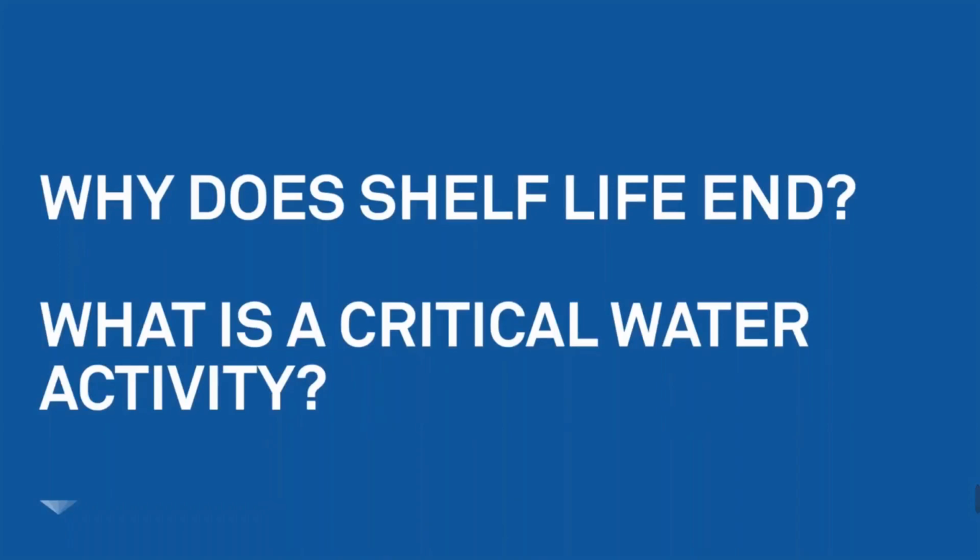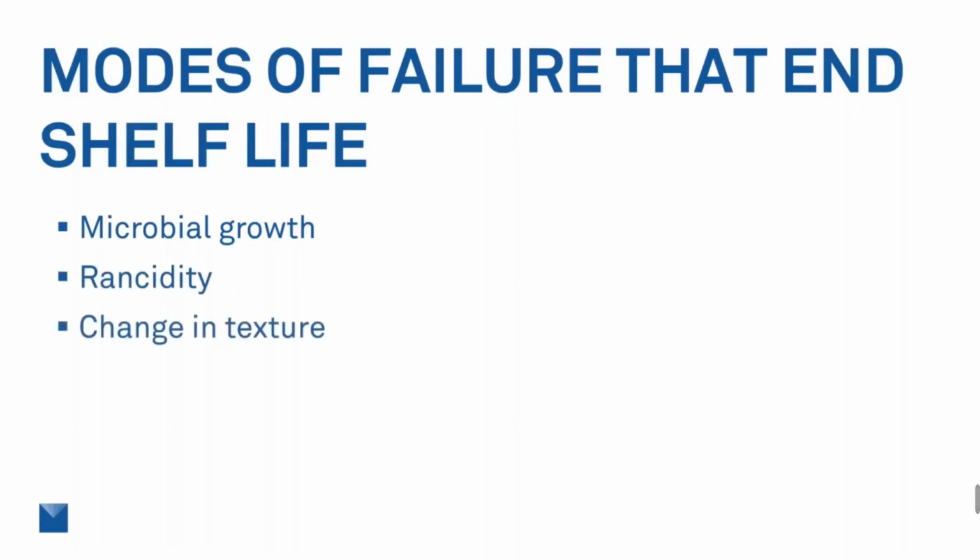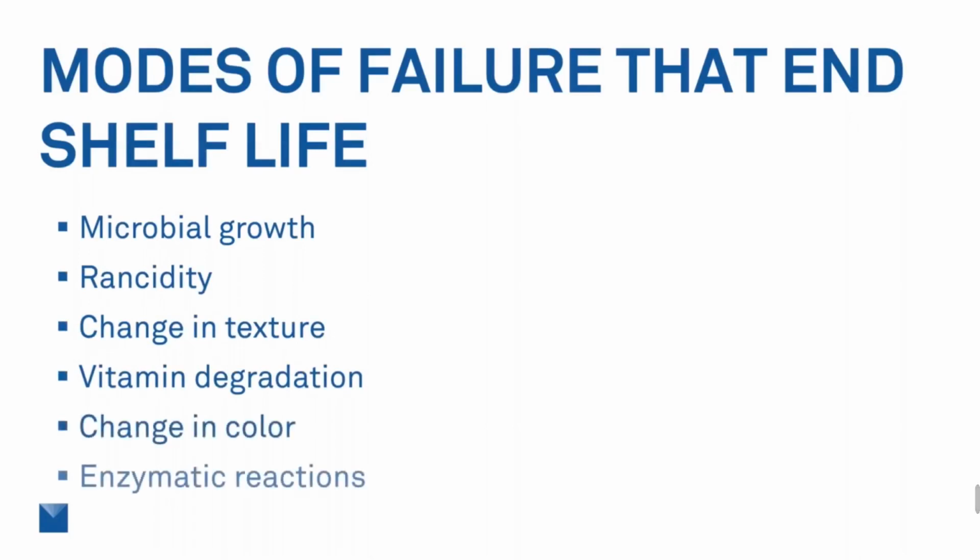So next I'll be discussing why shelf life ends, and also what a critical water activity is. First, you need to figure out what the mode of failure is for your product that is ending shelf life, and this can be due to a variety of reasons. It could be microbial growth, so growth of yeast or bacteria or molds. It could be rancidity in your product, or perhaps changes in texture, such as caking and clumping or crystallization. You could have vitamin degradation leading to the end of shelf life, changes in color, and also enzymatic reactions such